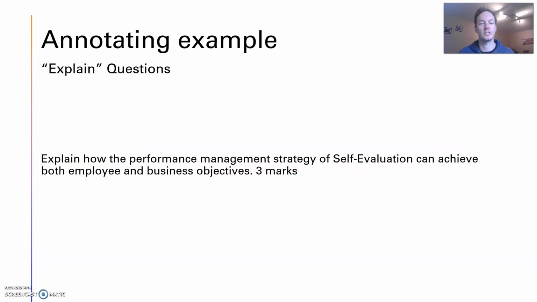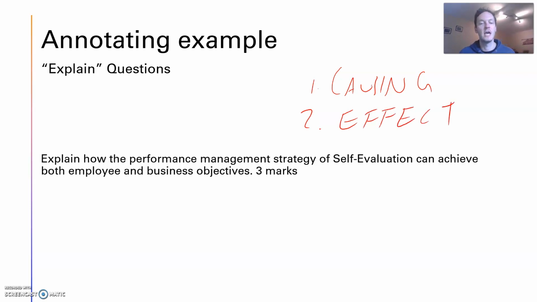Moving on to explain questions. Now don't forget what explain requires you to do. Explain requires you to show the relationship between one thing and another, how one thing can affect another thing. Now, whenever you see an explain question on the annotating, what I want you to do is break those 2 things that you're linking down into a simpler form. So there's going to be 2 things here. In this instance, there's actually 3, but there's going to be relationships here. So the first question I want you to ask is, what is the thing that's causing the change? And then the second thing, what is the effect